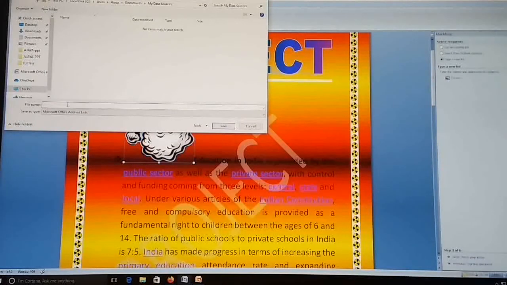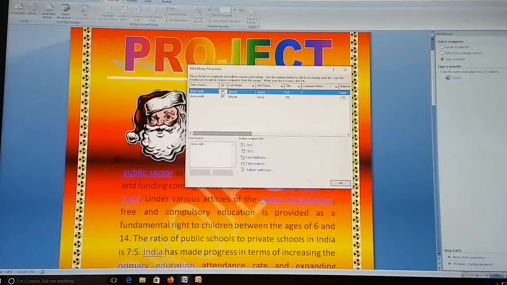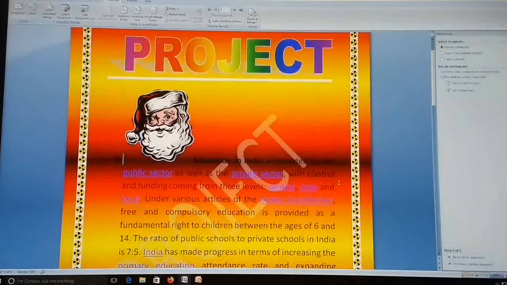Now it will show you the source file name. Just write the file name, anything you want to save, then click the save option, then click on the OK button.